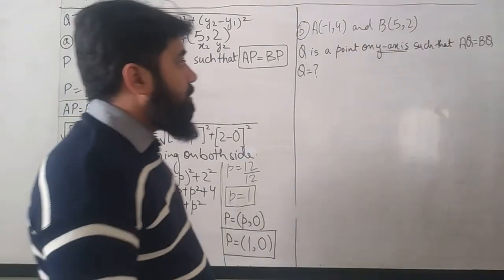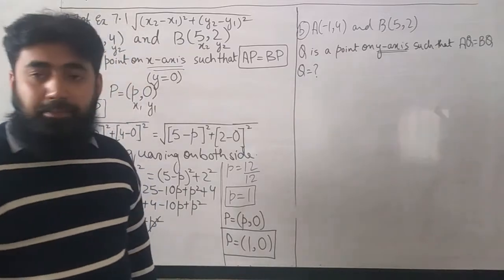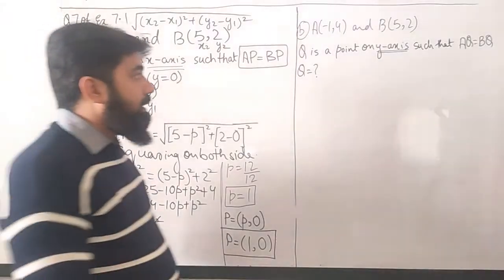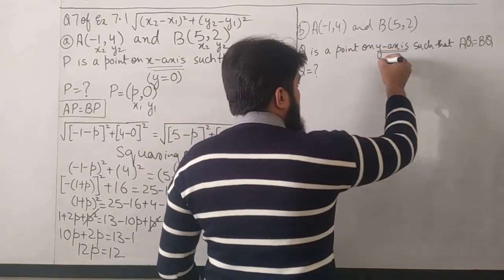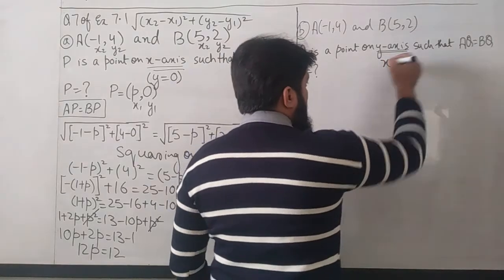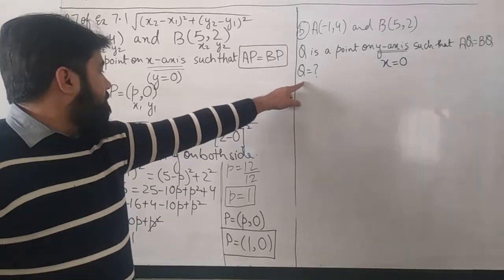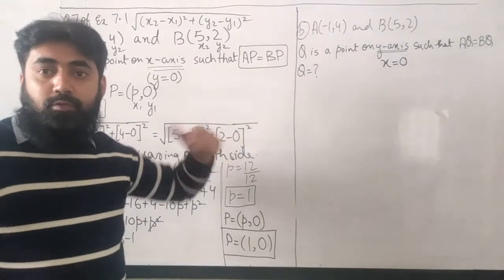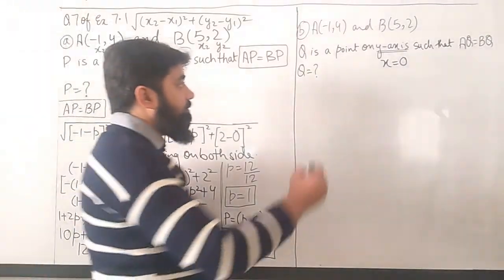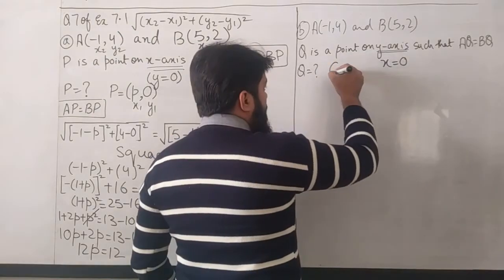Okay, so now I am going to solve this question over here. On the y-axis, the value of x will be taken as 0. They have asked for the coordinate of Q, which I don't know, but what I can do is write it in a general form. So how will I write it? Q equals to,